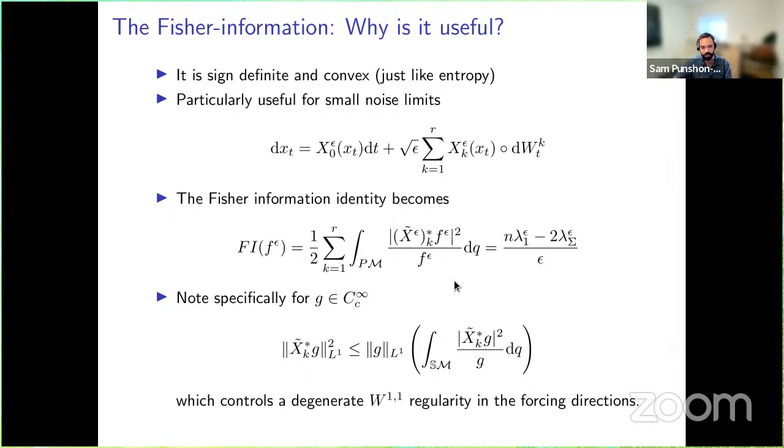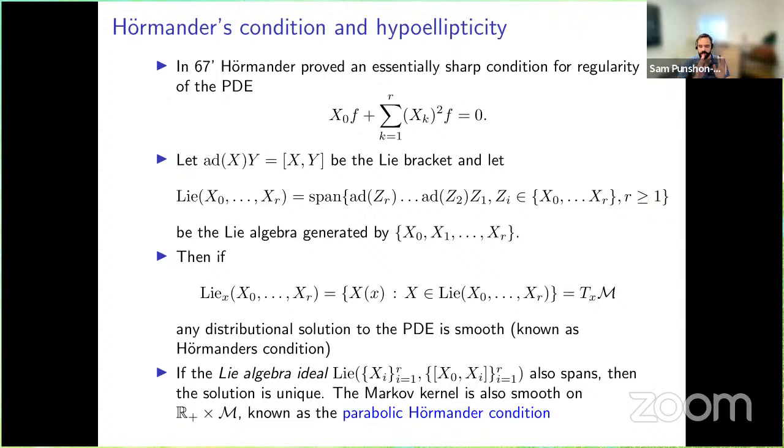So note specifically that derivatives in this vector field direction in G in the L1 norms, this is like a degenerate Sobolev W^{1,1} type norm. If G is also an L1 function, it's perfectly controlled by the Fisher information. Okay, so by simple analysis estimate. And so if I specifically use the fact that I have hypoellipticity, then I can do a lot better. So in particular, let's use a theory developed by Hörmander. So in the late 60s, Hörmander proved basically a sharp condition, especially if you work in the class of analytic